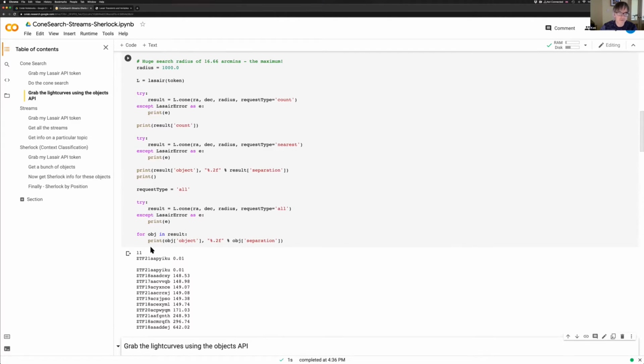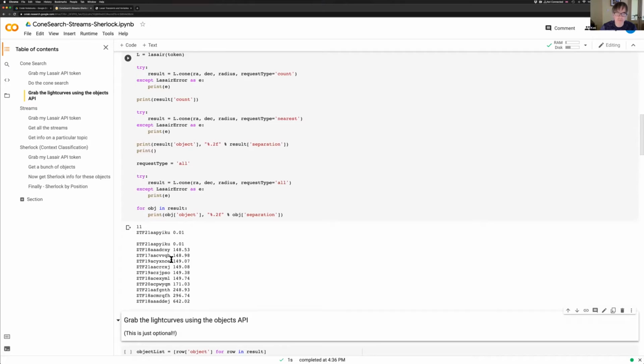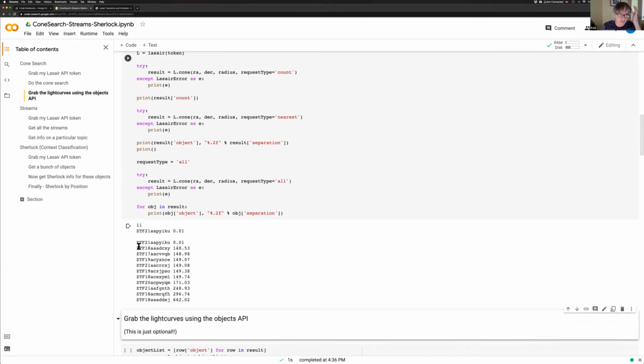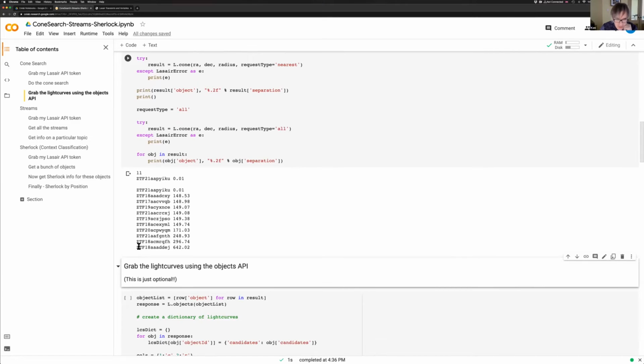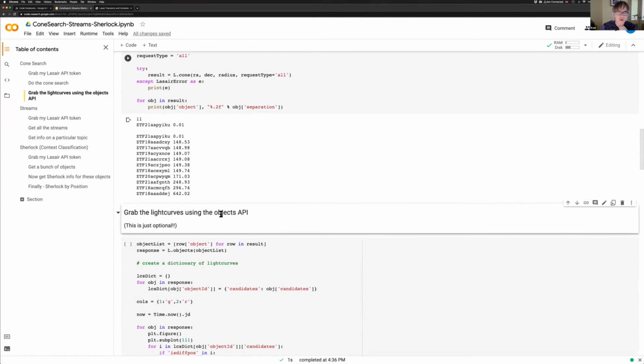So it just prints out there's 11 objects. The nearest one is 0.01 arc seconds away, and then here are the rest of them in ascending distance of closeness to the particular RA and Dec index I chose. So just as an option, now that we've got this data, we can go and grab